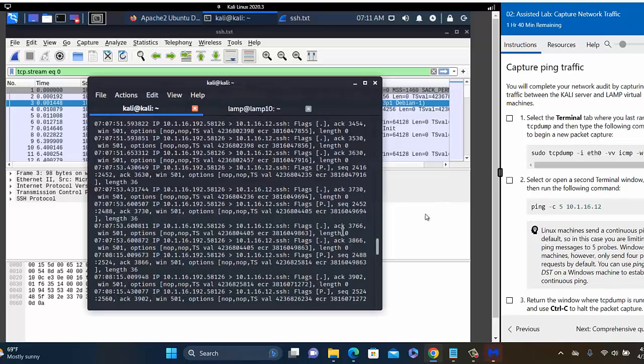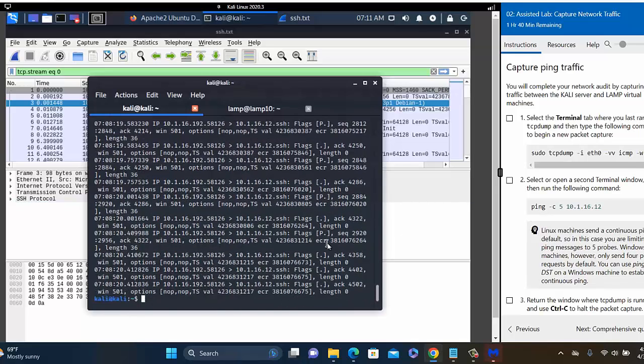Next, I am going to capture the ping data. Ping means when I ping, the data will be captured. So how can I do it? I need to change something. I use the sudo command tcpdump -i, the interface is eth0, and -vv.